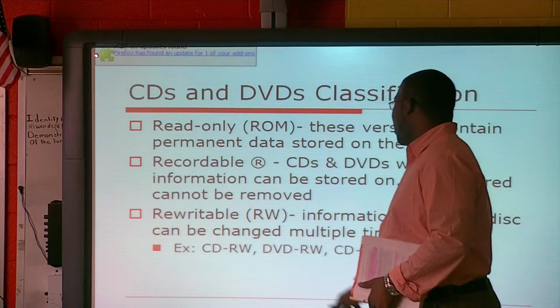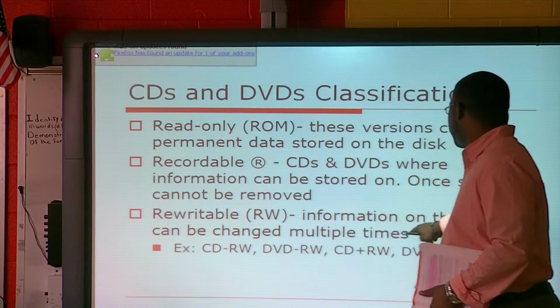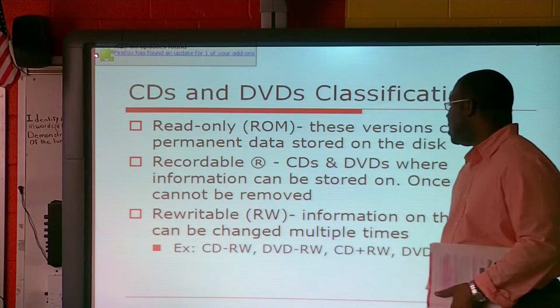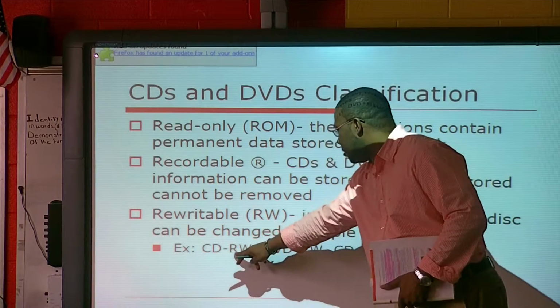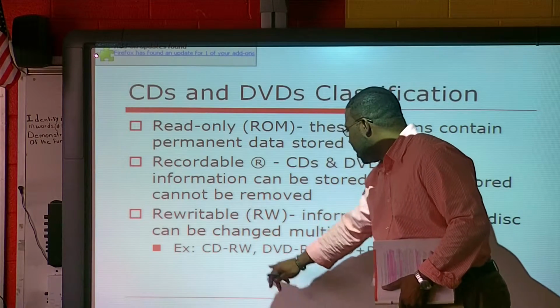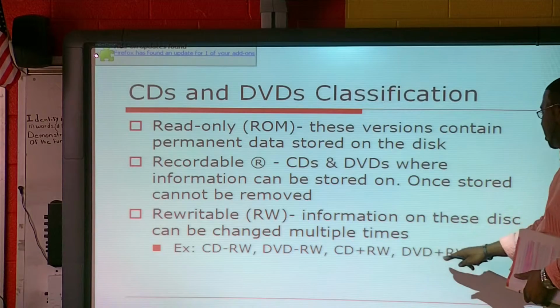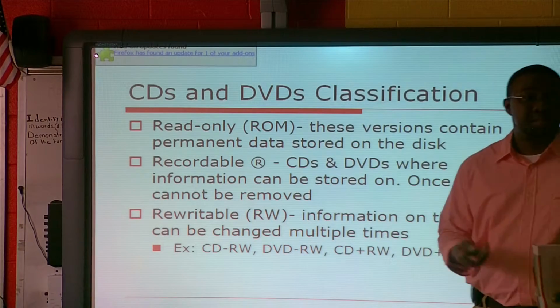And then you have your rewritable disks. Information on these disks can be changed multiple times. These are the symbols for them: CD-RW, DVD-RW, CD+RW, and DVD+RW. And sometimes, based on the computer that you have,